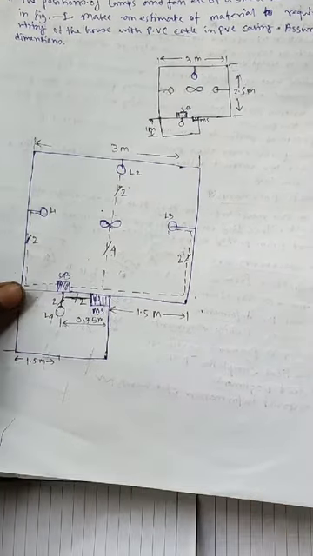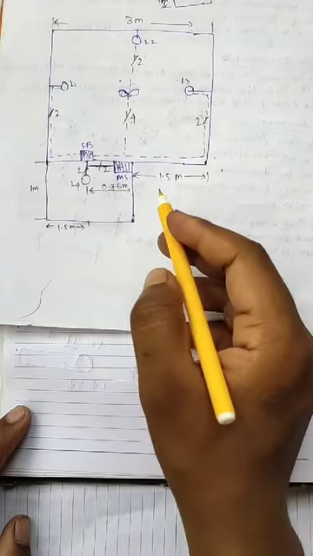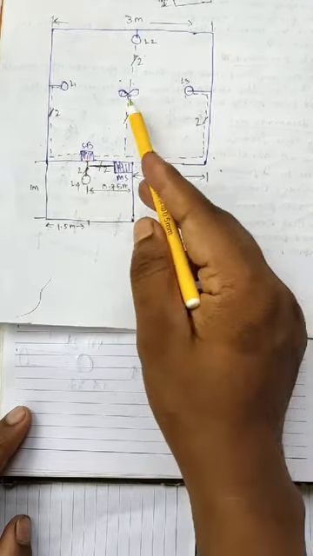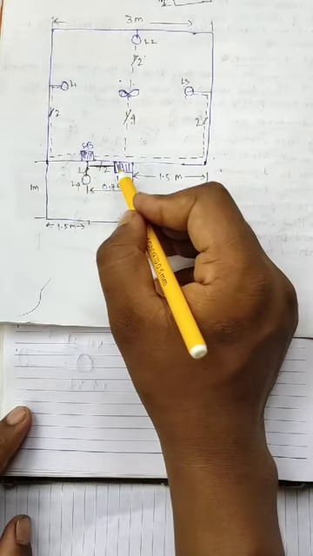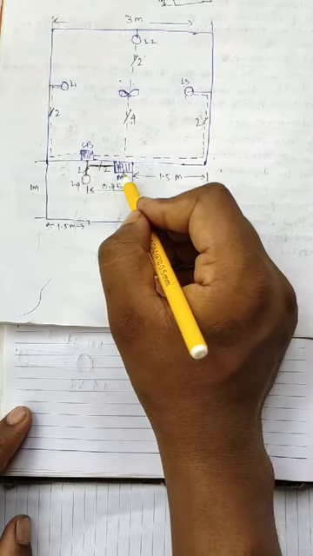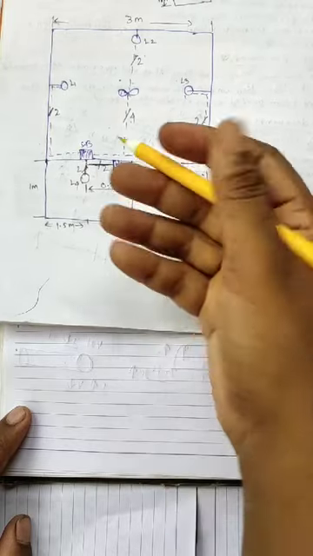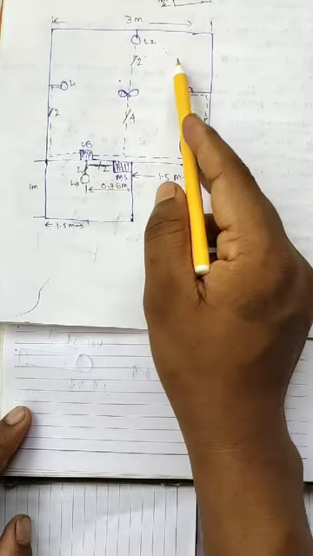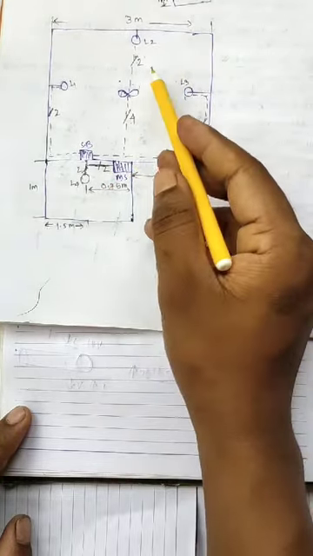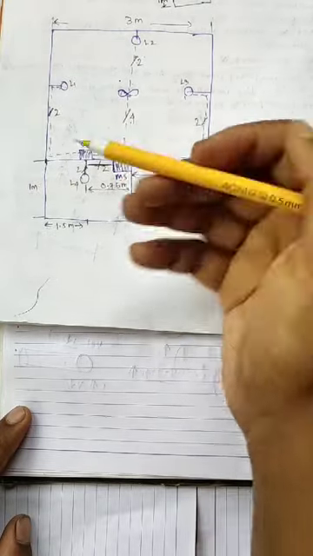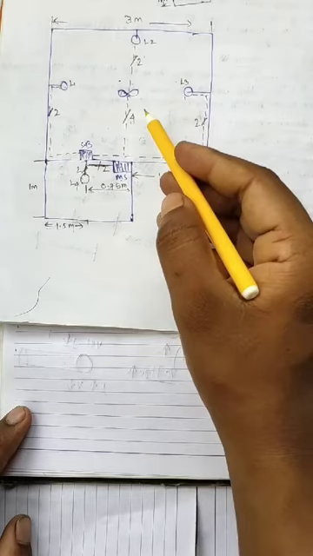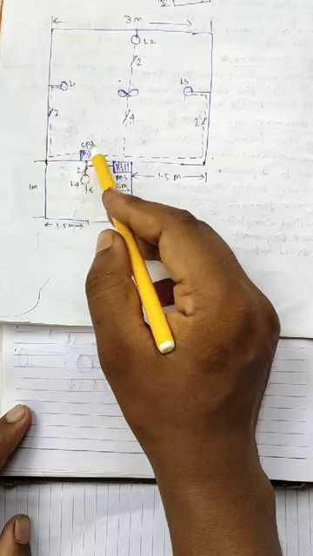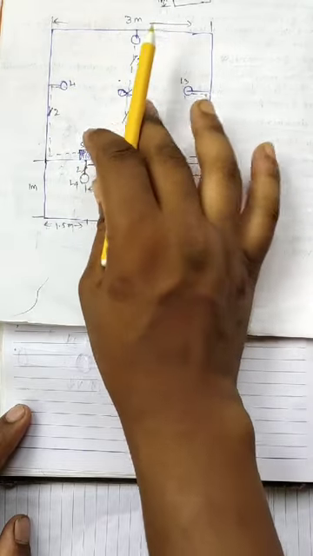Okay, suppose this is the main switch, and this is the switchboard, this is the fan, this is the light. Okay, we take the main switch above the floor is 1.5 meter. That means its height from the floor is 1.5 meter, and the lamp is hanging from the floor below 1 meter. That means the height of the lamp and height of the fan is 2.5 meter. Switchboard is also above the floor by 1.5 meter. Okay, let's draw its side view.